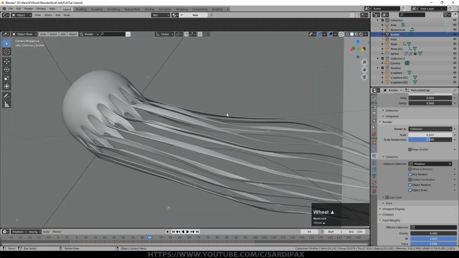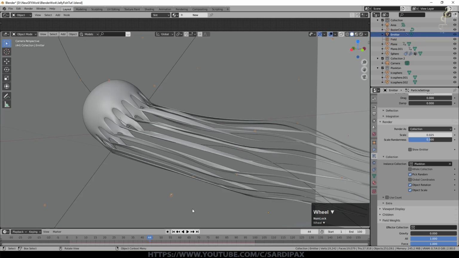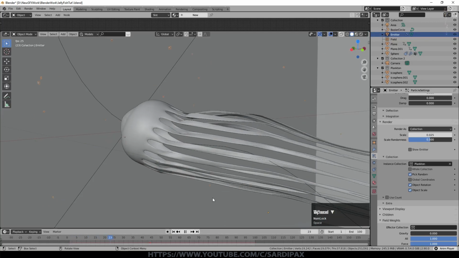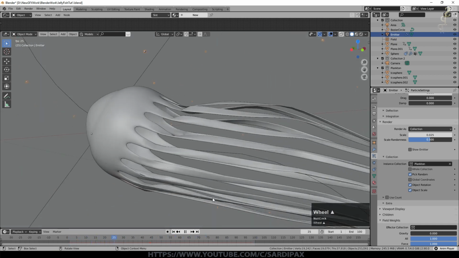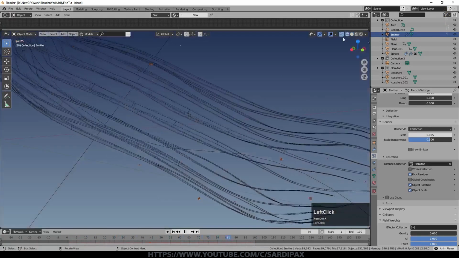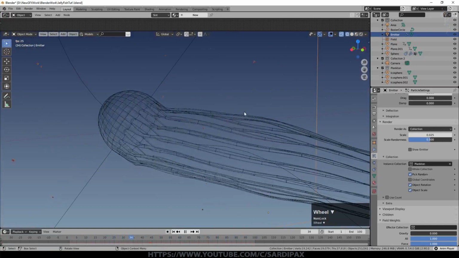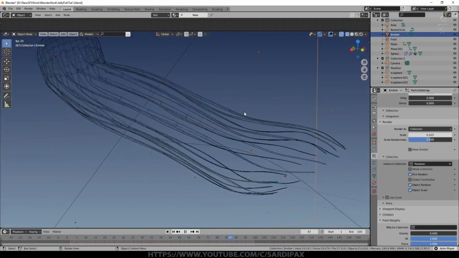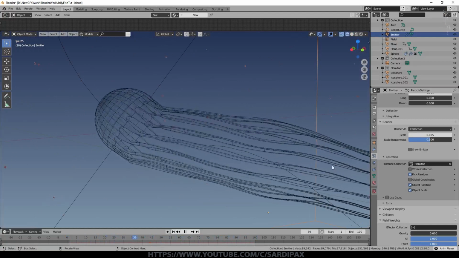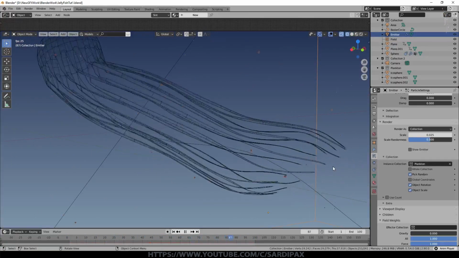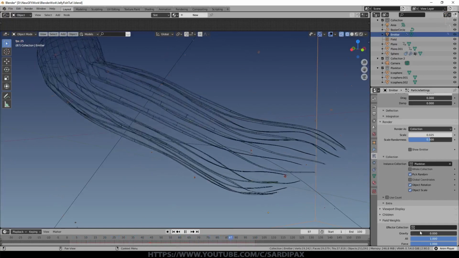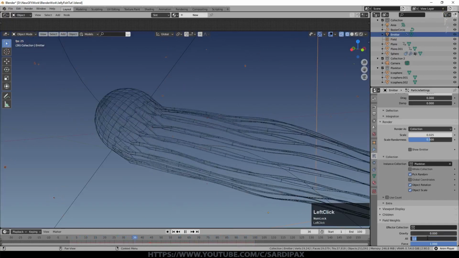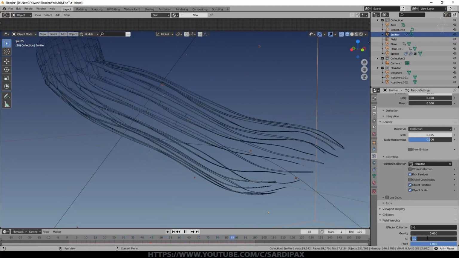So you can see we've got some little particles in here now. If I go back to the beginning of the animation, you can see they're moving around. So they're all going around a little bit too quickly at the moment. And the reason for that, if I go to wireframe view, you may be able to see them a little better, is because they're being affected by the force field that I'm using to affect the jellyfish. So what I then did is I actually set all force, so I didn't need to look for a particular force, to a very small value.